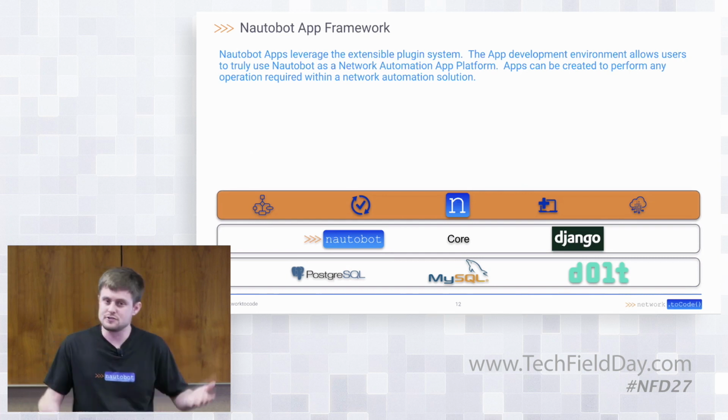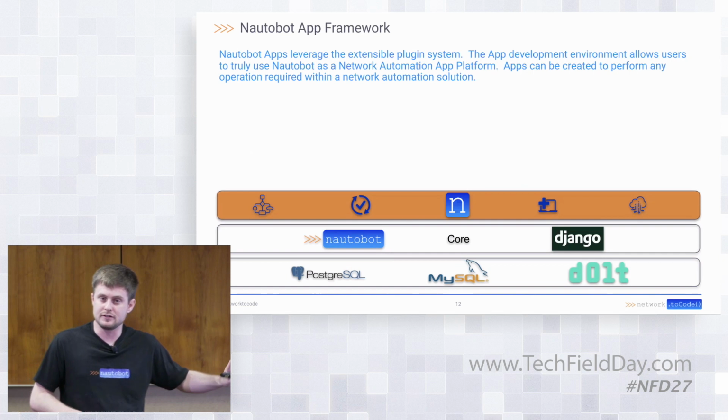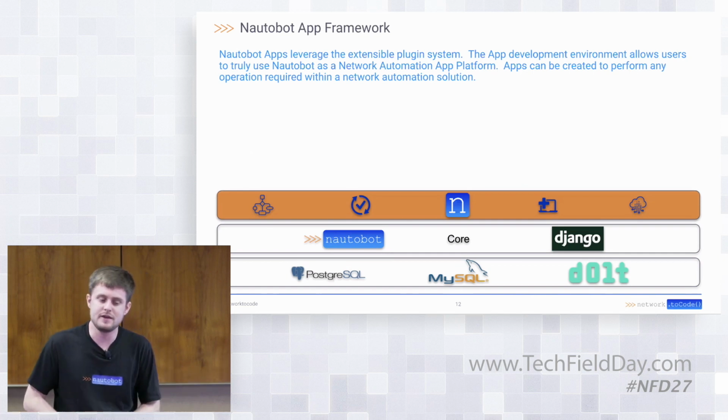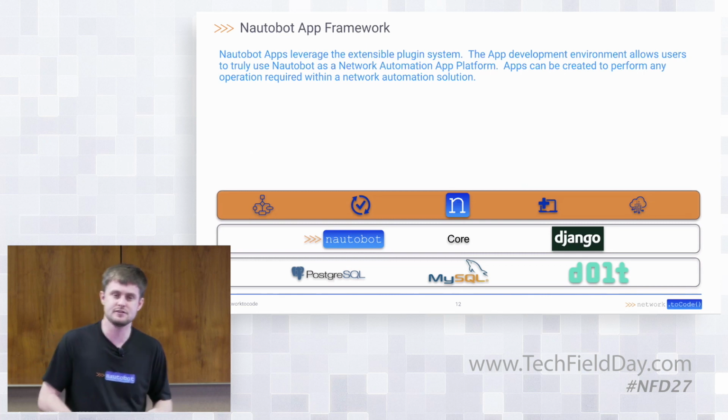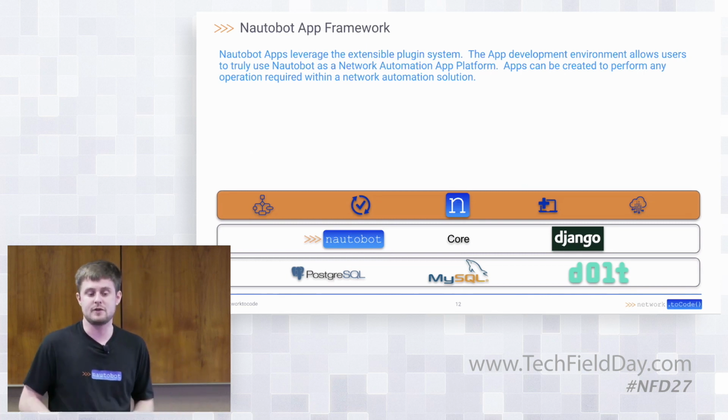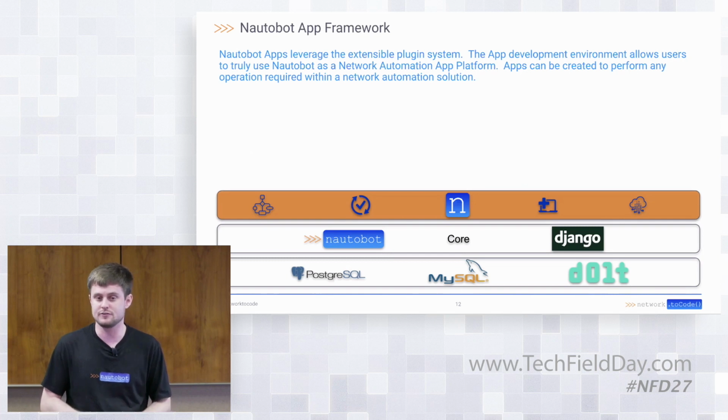And of course, in the ecosystem that we're talking about today, while organizations are today and will continue to make custom applications developed inside their organizations, there's a large ecosystem that Network to Code is sponsoring in the open source space where you can just install these off the shelf, no code required on your behalf.